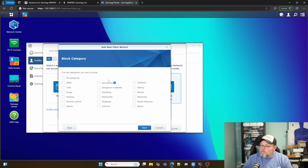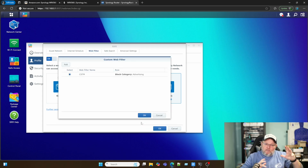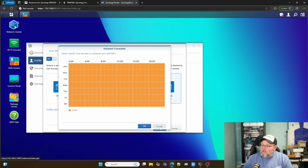Custom. We can come in here and select the categories that we want to block. So not only can we do categories, but we can actually do individual sites. Now, one of the probably better things about this is where we can add that block list automatically. You can come in here and you can load all kinds of blocking manually. Like, you can get really granular with this,